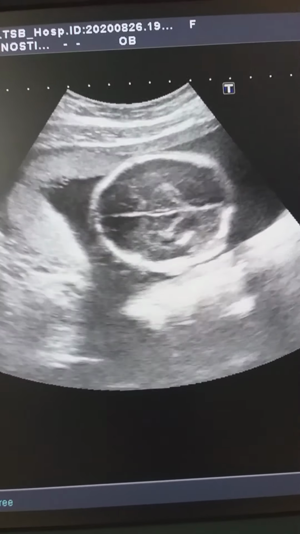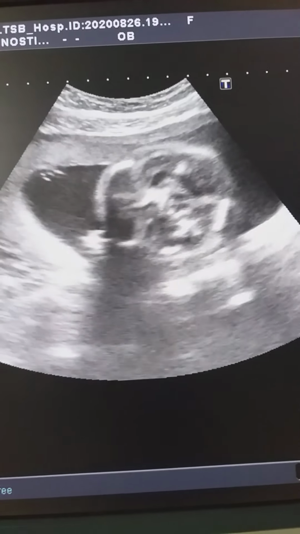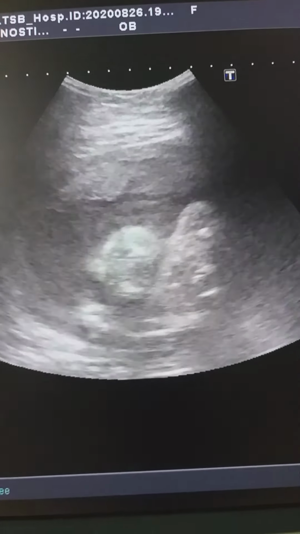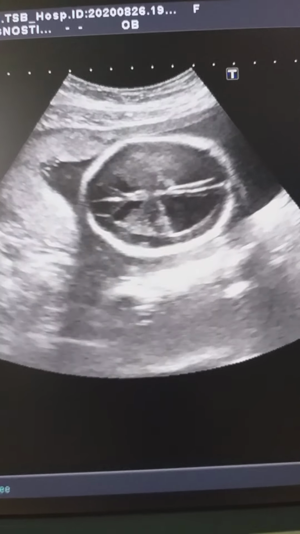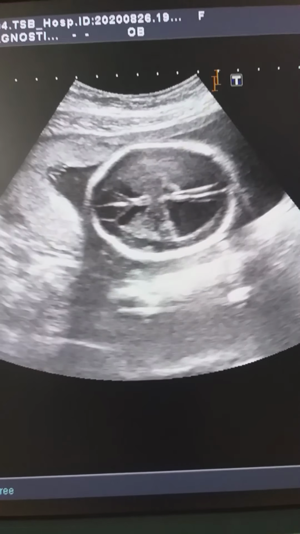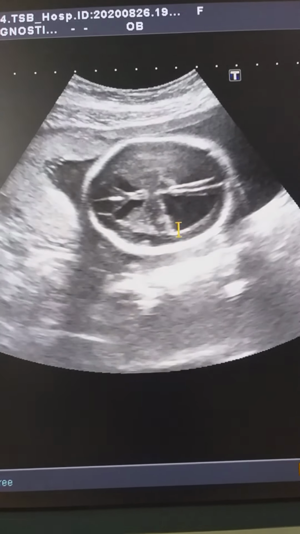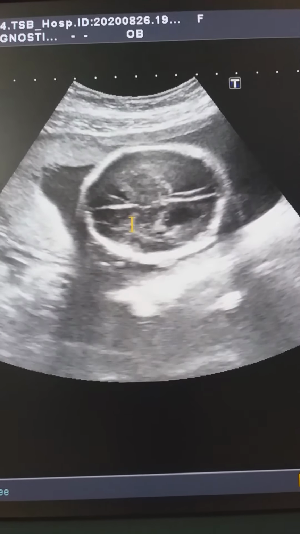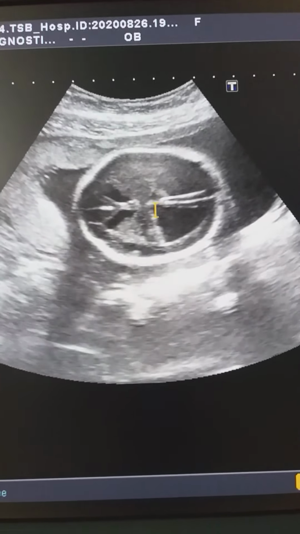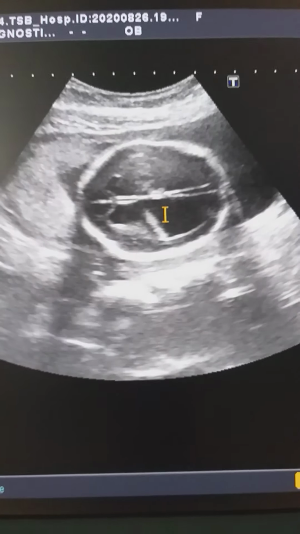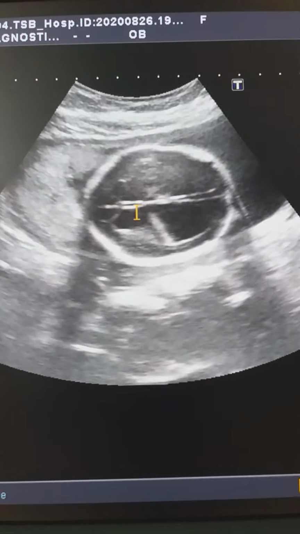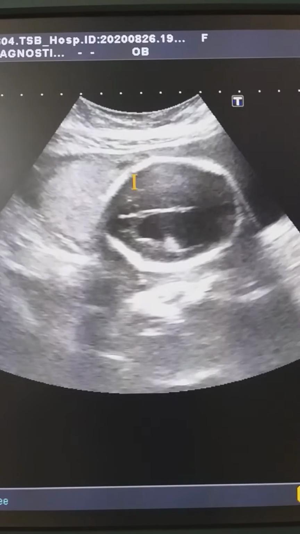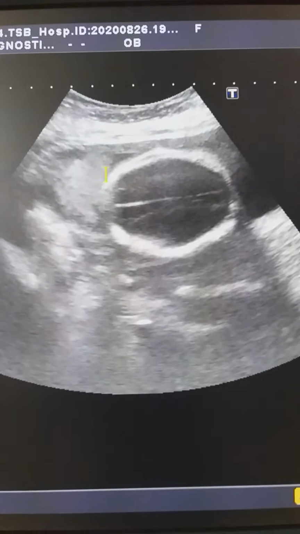Dear colleagues, this is an OP scan for anomaly referred by the Honorable Gynecologist. So here we can see that this is the skull of the fetus and this is the lateral ventricle. So the ventricle is dilated. And if we closely observe, here we can see that